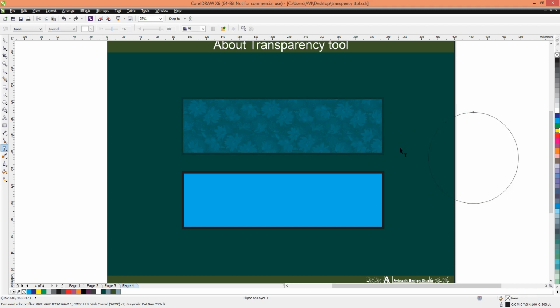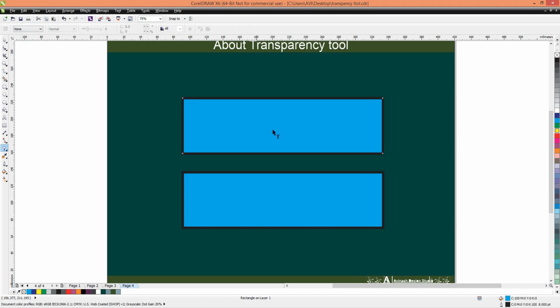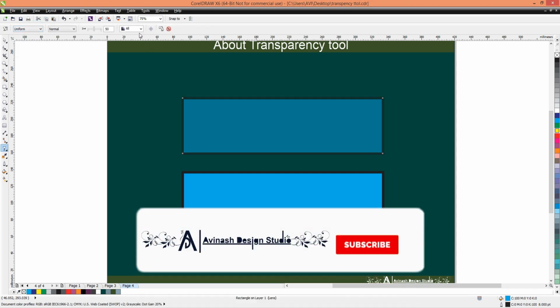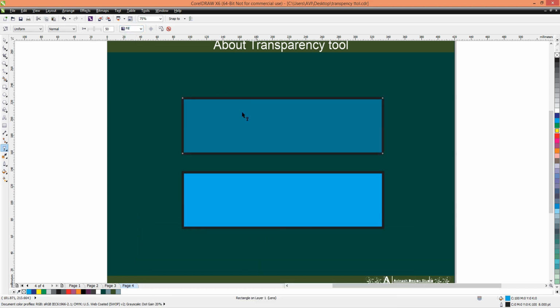Now Ctrl Z and go back to the original. Done. Now come back to the original. Here we have to understand some more things. Go to the transparency option. There is an option where, having put in uniform first, we can apply it on fill only, so that we apply the transparency on the fill only, not the outline colors.